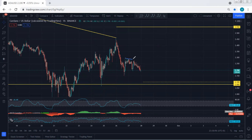But besides that, how about if this one turned to a flat? The best thing is if we put this one as a first correction and the price at least retests the previous low. How deep can we expect it to go? At least 2.1. We don't want to see the breakout of 2, because if the price breaks the 2, then we see